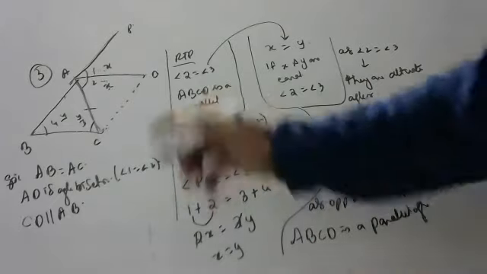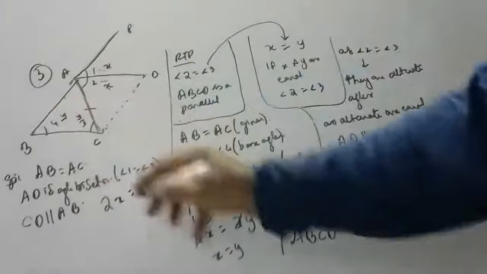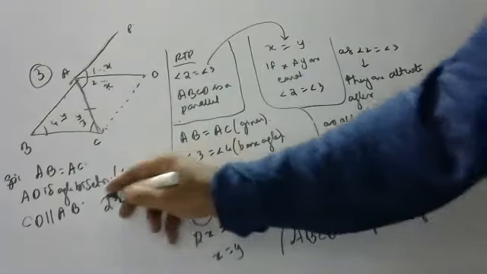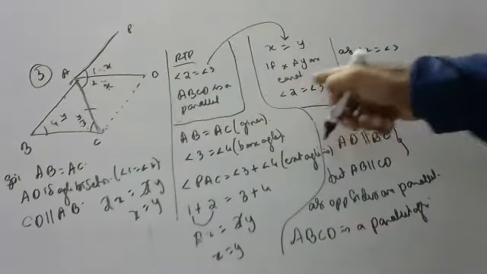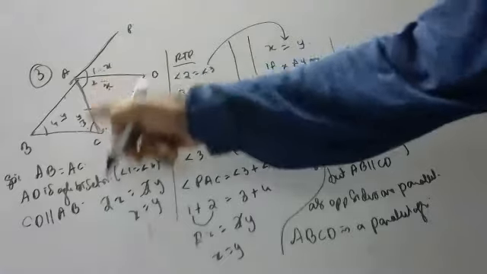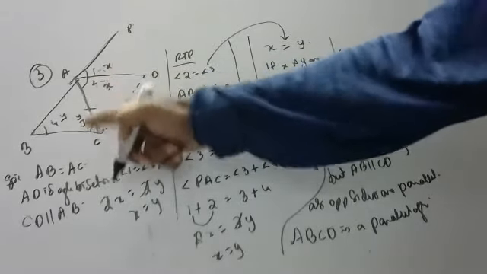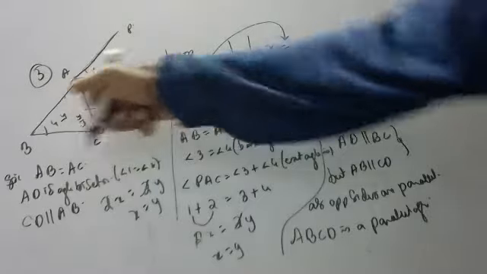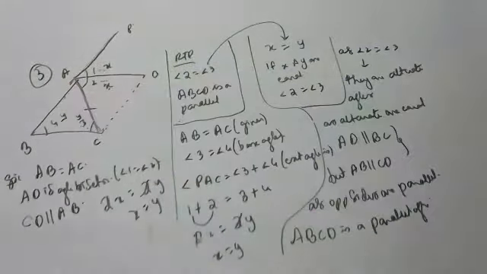So, anyone who didn't understand, again I'm saying 1 and 2 are equal, I wrote as 2x. 3 and 4 are equal, I wrote 2y. 2 to cancel, x is equal to y. X is equal to y means 2 is equal to 3. If alternate angles are equal, these both are parallel. These both are parallel, already he gave. This is parallel, so it is a parallelogram.